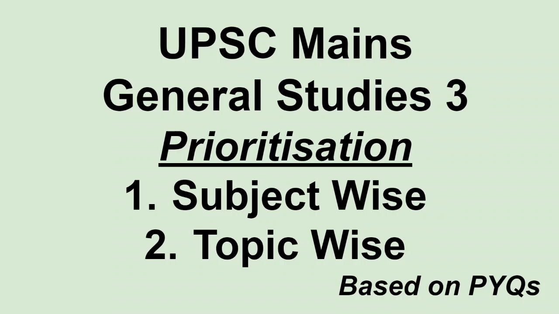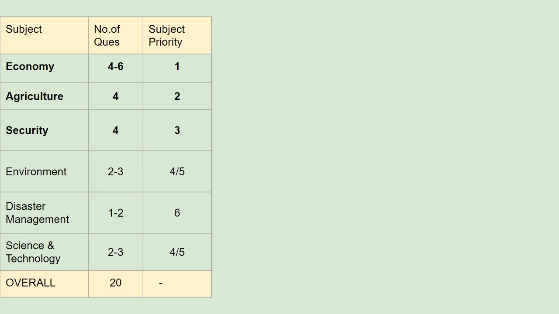Hello all. So in this video we will continue with the prioritization with respect to subjects and topics for General Studies Paper 3. We have already completed this exercise for GS1 and GS2. So do check out those videos in the playlist. So as we see in the GS3, economy, agriculture and security